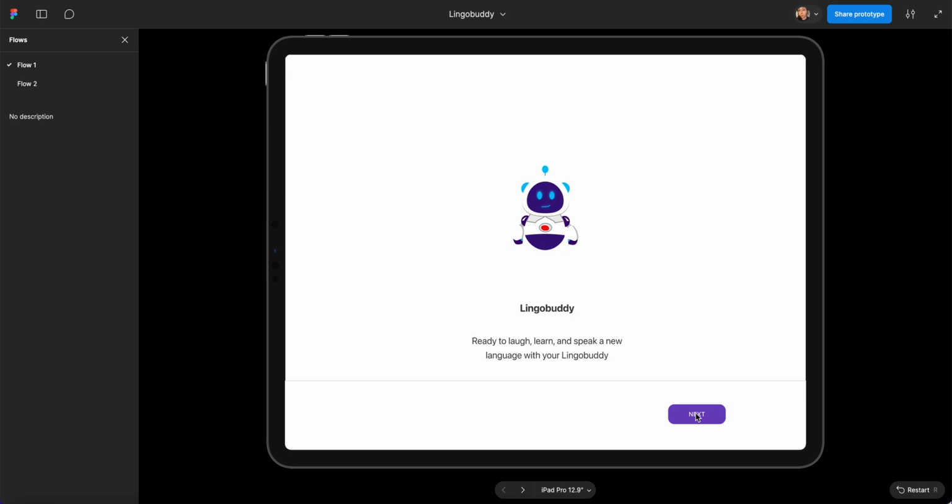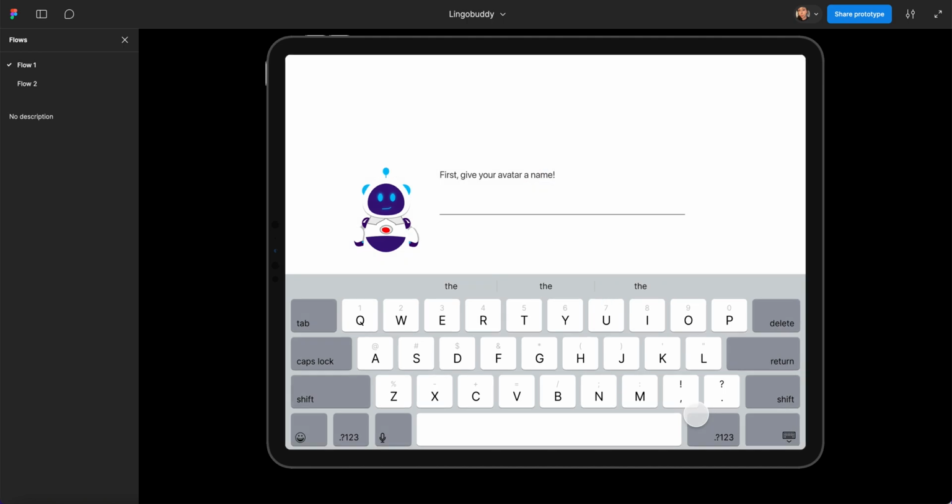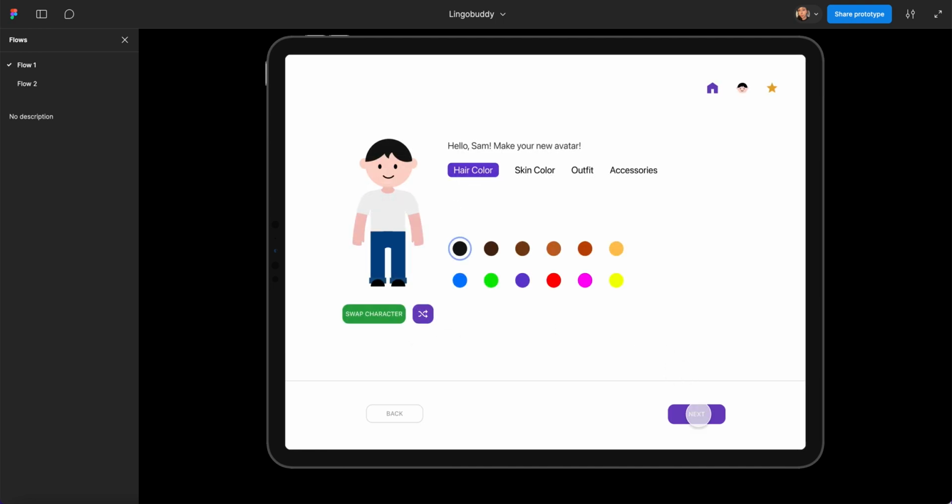We're going to go ahead and click Next on our prototype. We can give our avatar a name. We're going to go with Sam. Hit Next. On this page, this is our character customization page where the child can create their own avatar. They can swap the character and change genders. They can shuffle the character for a new outfit change or just like a random